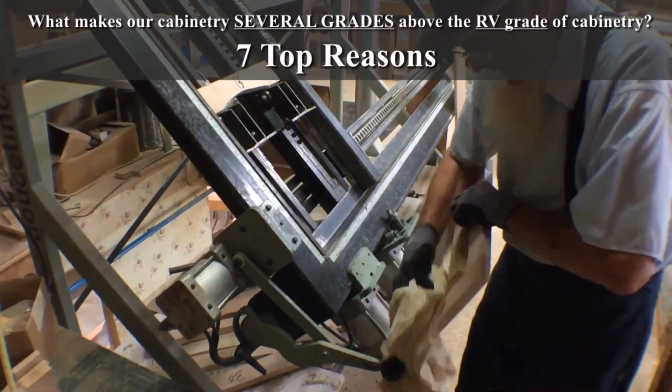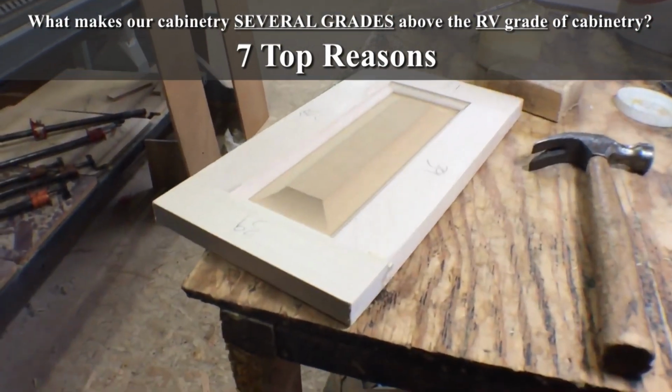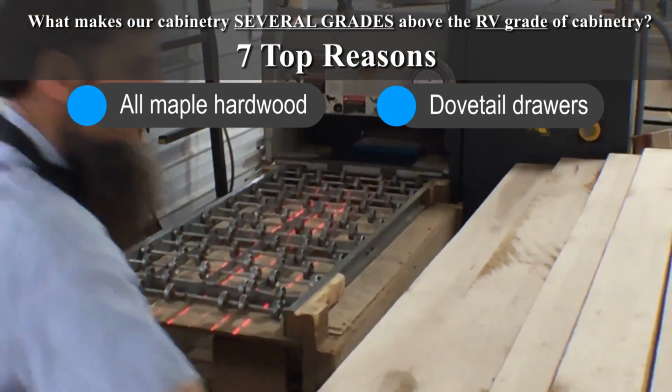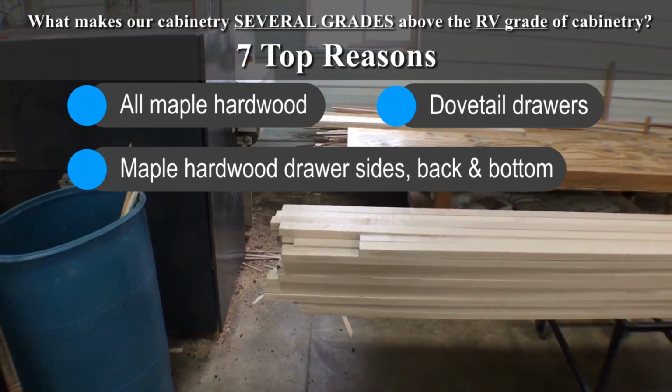What makes our cabinetry several grades above the RV grade of cabinetry? Here are 7 top reasons. All maple hardwood, dovetail drawers, maple hardwood drawer sides, back, and bottom,